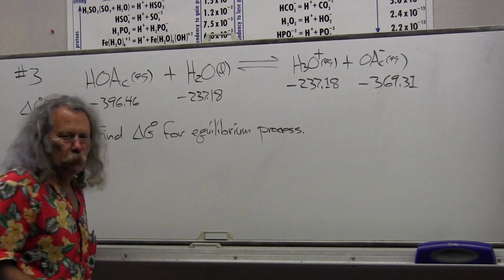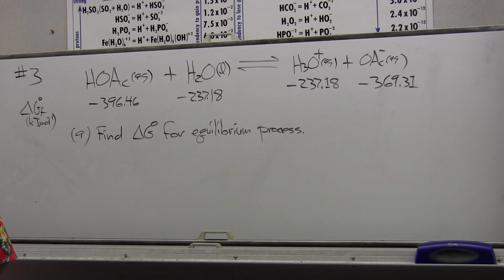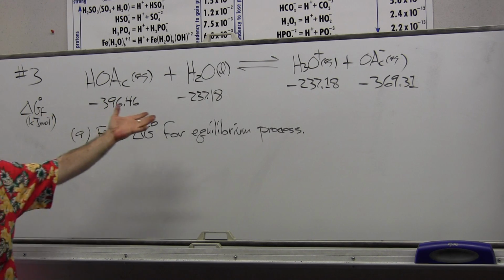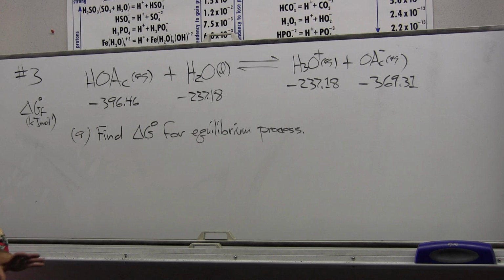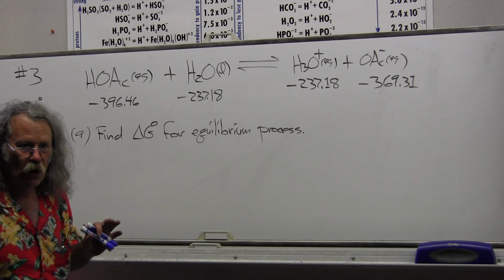What is that equilibrium process, by the way? It's acetic acid in water. So it's just the dissociation of acetic acid in water. And now what I was also saying, I had some responses. Delta G is always, delta anything is always